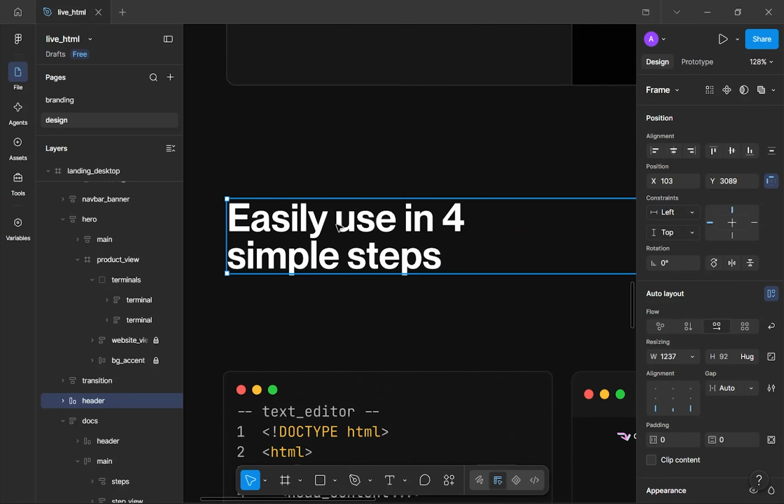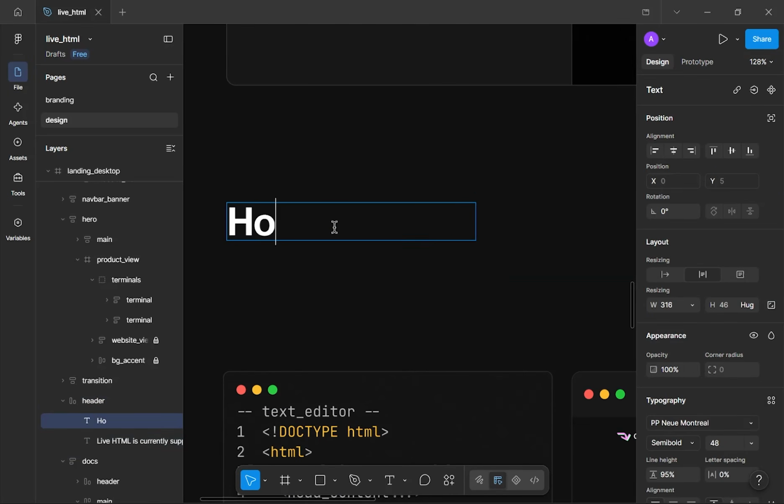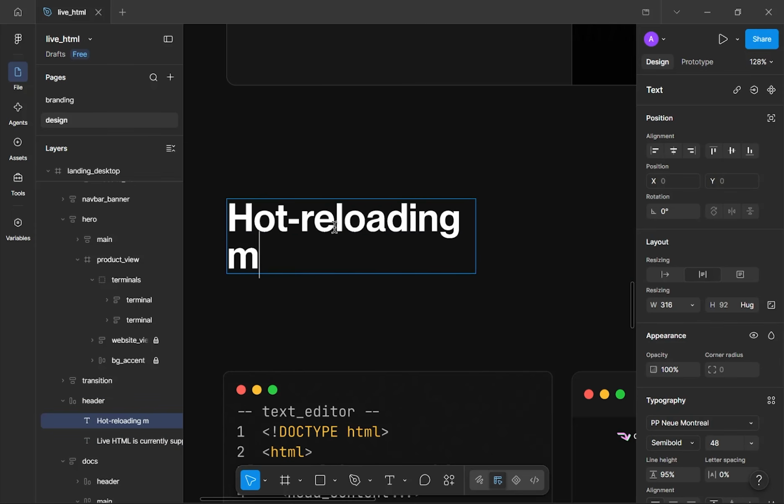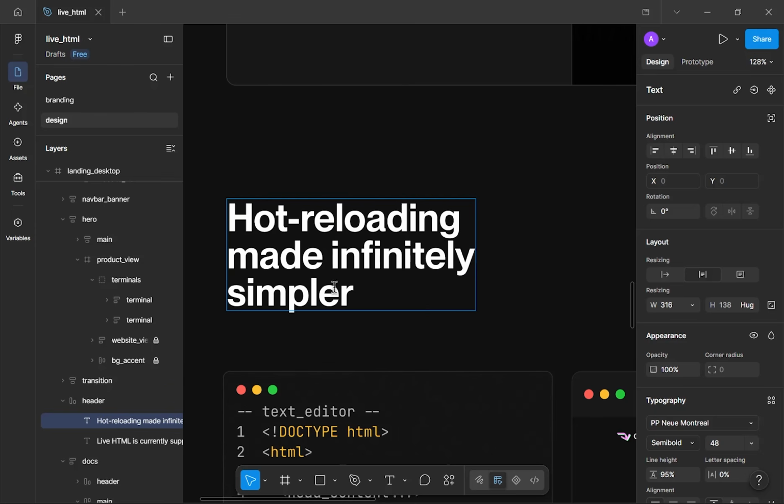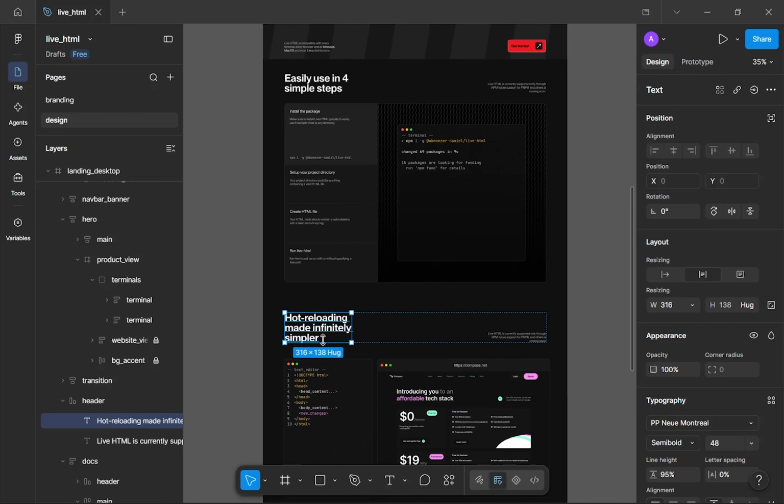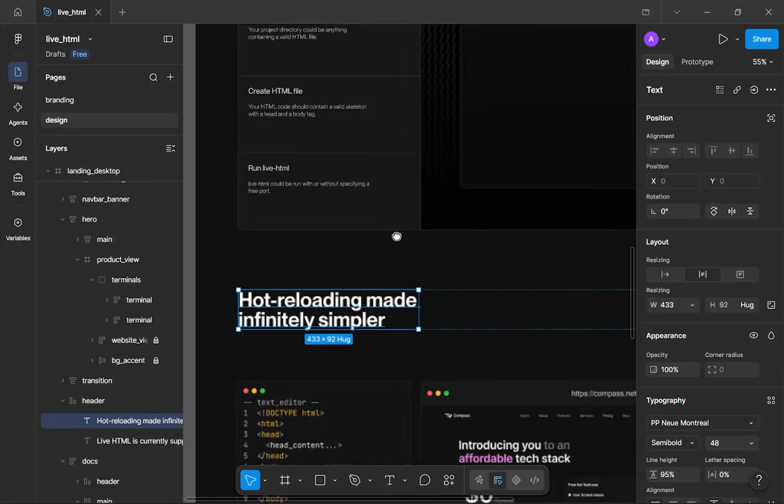For this, I obviously have to change it. So I'm going to say "halt reloading made infinitely simpler." Okay, since it's becoming 3 lines, I actually want it to be 2 lines only. So maybe make it longer. Okay, great. Now this is a random size here, but I just basically want to make sure that it is